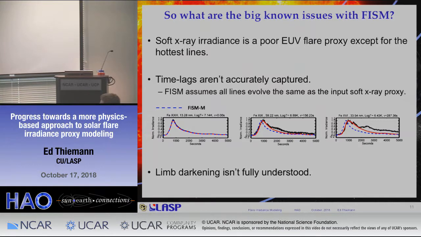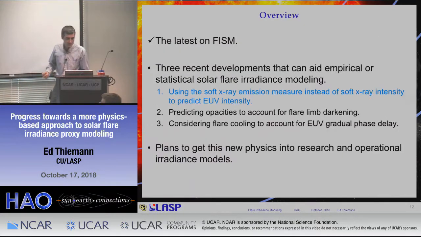But if you just compare the blue and the black, you can see that, especially for these cooler forming lines, FISM isn't getting the time when the intensity peaks right, and it's also underestimating the entire width of the profile. And so in doing so, it's going to underestimate the total energy that's being released from the flare. And then finally, the limb darkening isn't fully understood. And so those items are what I'll be talking about next. I'll start